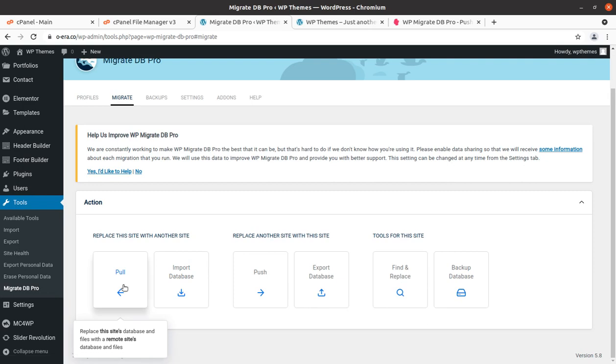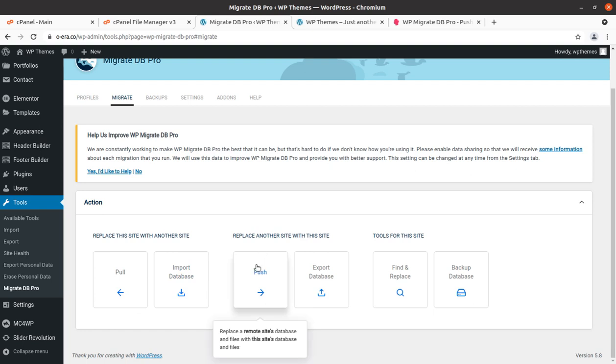Replace this site database and files with remote site database and files. Okay, and import database, replace this site's database with the content of SQL file. First, replace another site with this site. Replace a remote site's database and files with this site's database and files. Okay, so we are going to pull